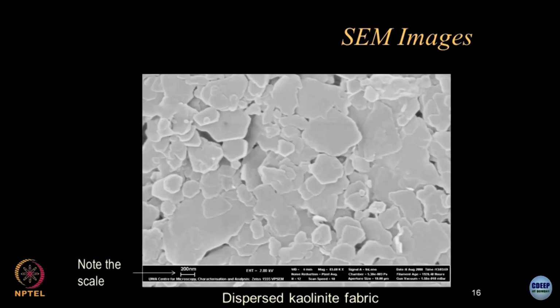Is this correct? Another view of how the platelets look like, this is another fabric, beautiful plates stacked with each other. Look at this, edge to edge. Look at this platelet and this platelet, edge to edge, face to edge, this is the face and this is the edge. Bundles or the sheets of minerals lying one over the other, this is the first story, second story, on the top of this, and the complete stack is like this.